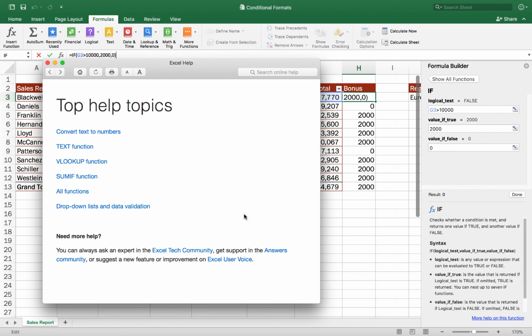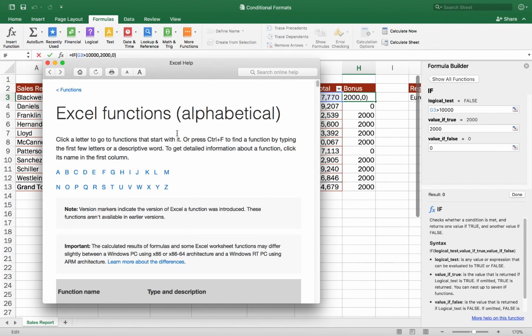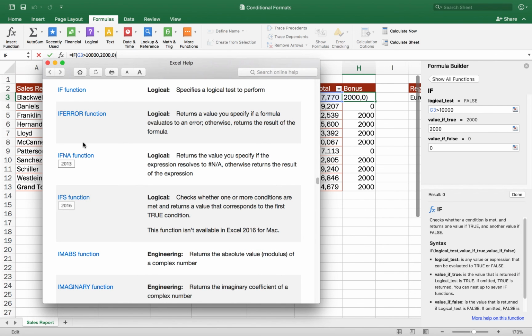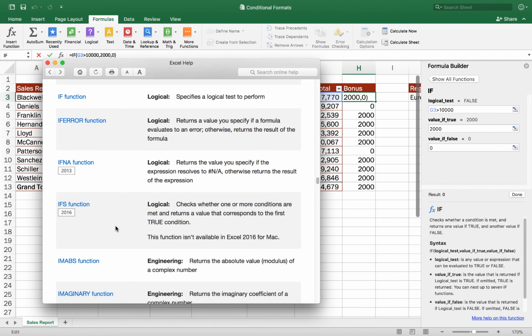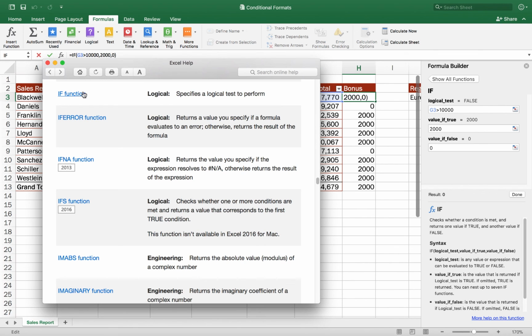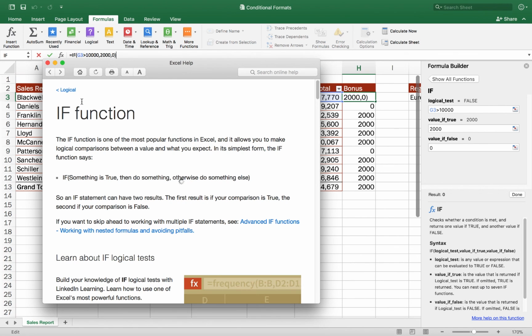I can go to help topics and find out more about some of the different functions that are available. I can go to all functions and look up any of them. I can click on I for IF, and there's the IF function right there. I can click on that, and it shows me detailed information about that function.